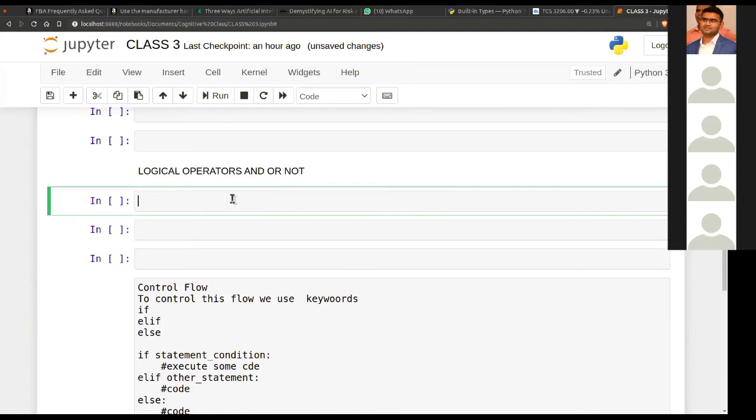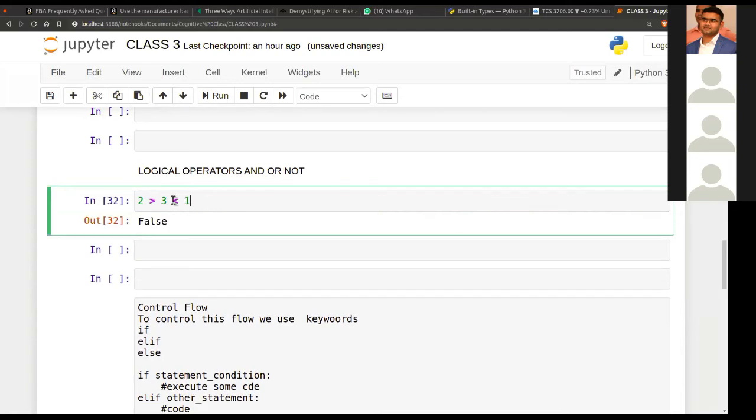So for example, if 2 is greater than 3? No. And we need another comparison, so we have false. We can use multiple comparisons; we can compare more than two statements. In this case, the default comparison is and: both comparisons have to be true to give you true. Do you know what and and or are? Ping me if you don't know, so I can elaborate.